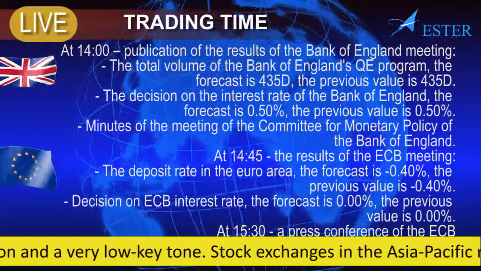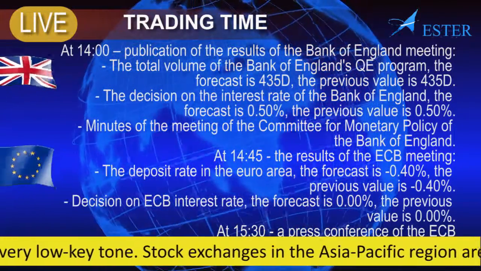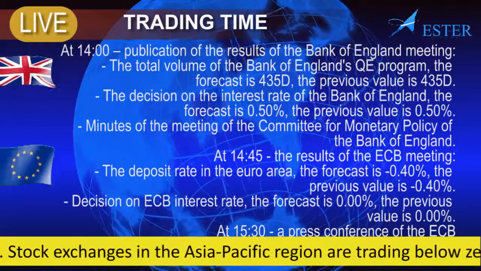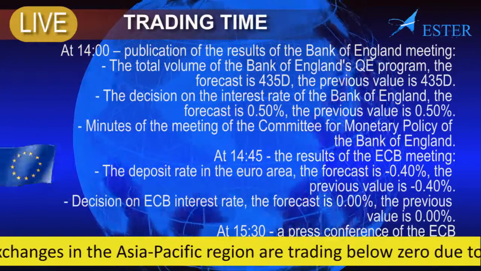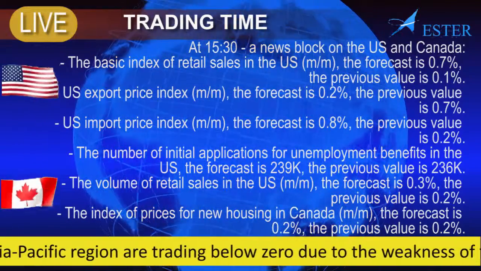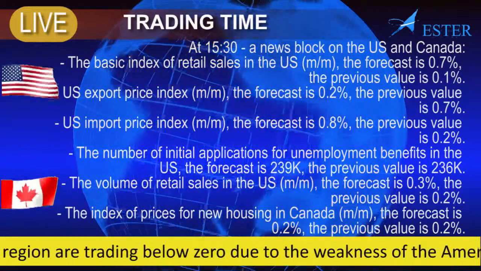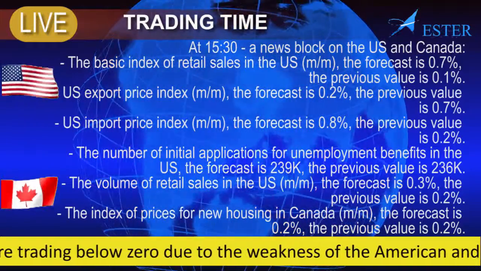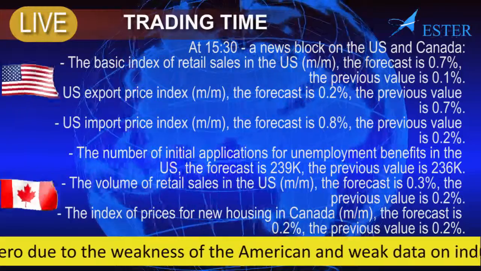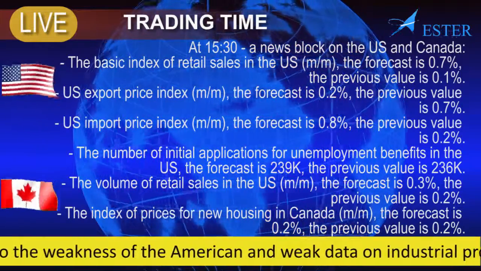At 2 p.m., publication of the results of the Bank of England meeting. At 2:45 p.m., the results of the ECB meeting. At 3:30 p.m., a press conference of the ECB. At 3:30 p.m., a news block on the US and Canada, in particular the basic index of retail sales in the US, the number of initial applications for unemployment benefits in the US, and the index of prices of new